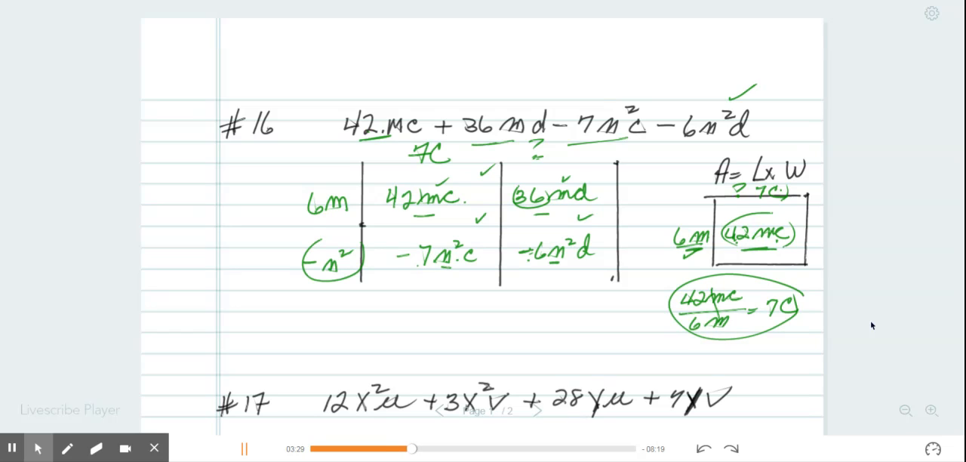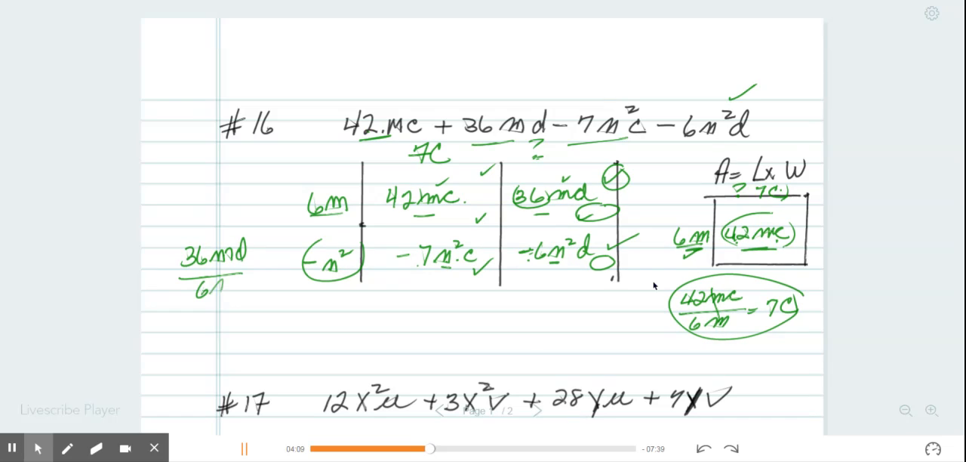I'm sorry, I'm working in the wrong row. I should be working with these two. Let's see what happens here. No, actually, I'm right. I'm working with this one here and this one here. I'm saying to myself, 36MD